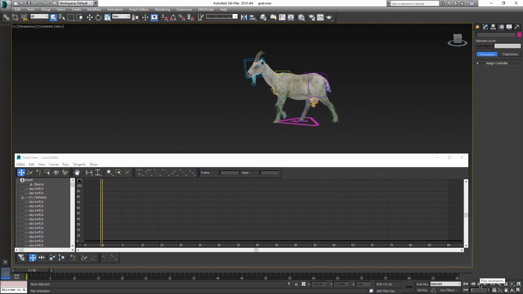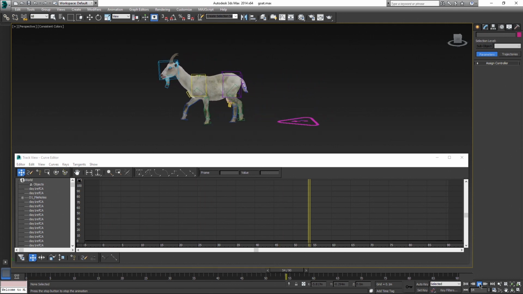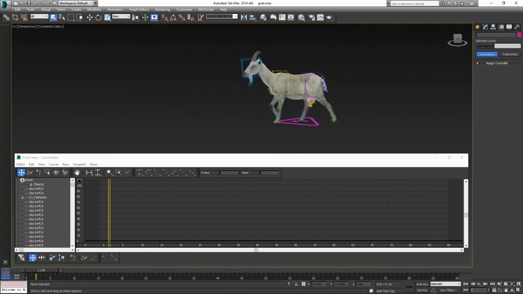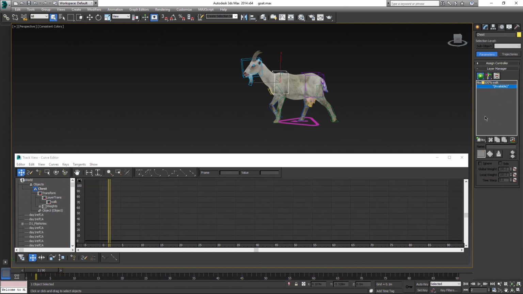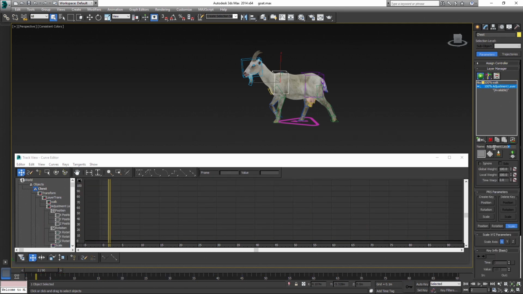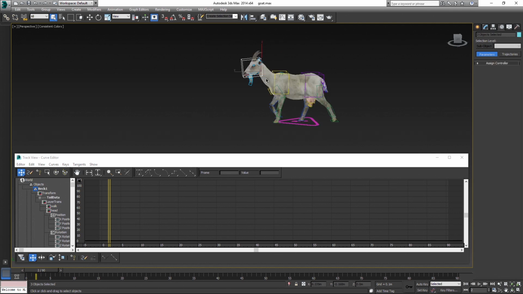Okay, so now when we have some basic understanding of how it works, let's try a more real and useful example. We have a walk cycle animated for this goat, but the animation is collapsed already, which means that every bone has a key on every single frame of the animation. This makes it really hard to do any changes to the animation on this layer, but adjustment layers might help. Let's do one for the head. And rotate the head so the goat looks to the left for a while walking.